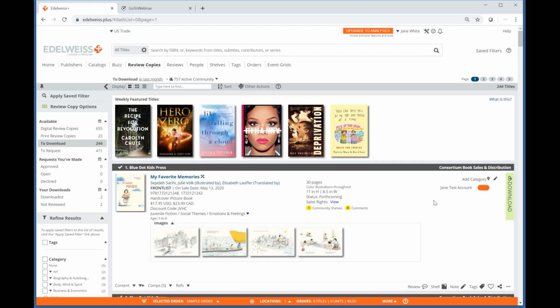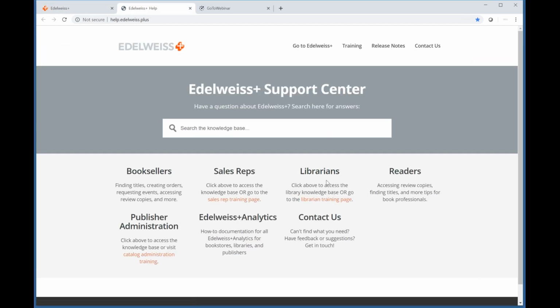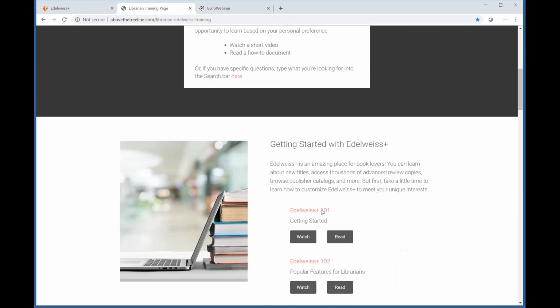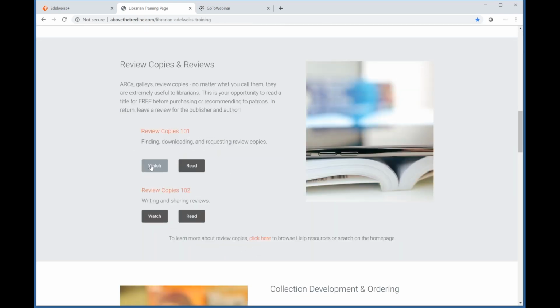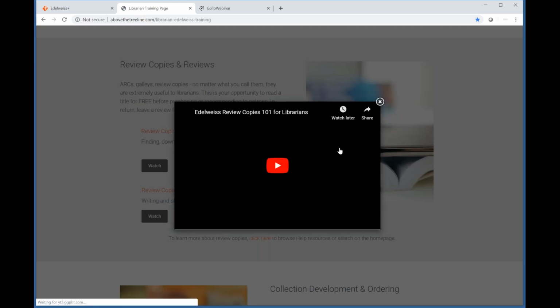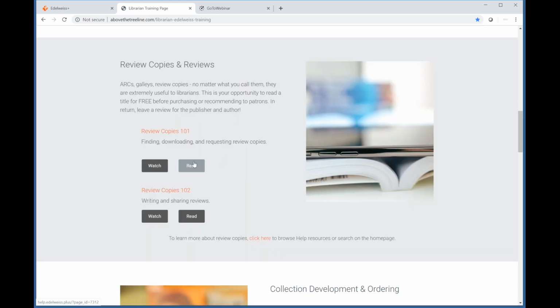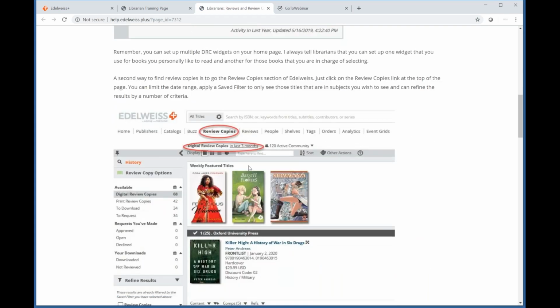So if you want to set up and get the digital review copies, in order to set those books up, I will show you. Say, for example, you have a Kindle. It's a one-time setup. All you have to do is set it up once, and then my help screen doesn't work, so let's try that again. There we go. So if you have a Kindle, all you have to do is click on that. So basically, it shows you how to set up